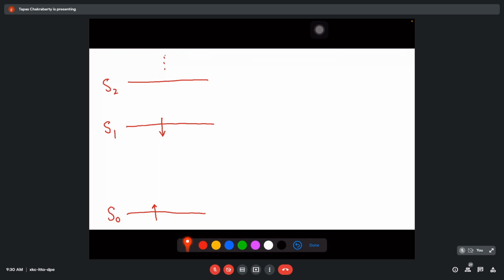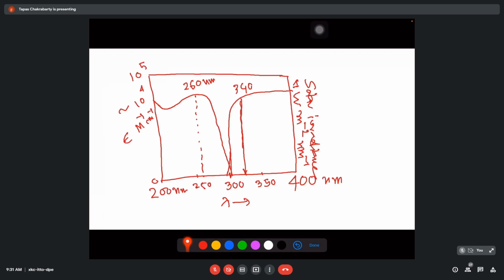Okay. Now, normally what happens to biomolecules? If you just quickly calculate, how much is this typical energy gap? This typical energy gap is about 4 to 5 electron volt. Okay, you can quickly calculate, like what I just showed you, that in this case the absorption maximum is at 260 nanometer. So you calculate what is the energy corresponding to this 260 nanometer.